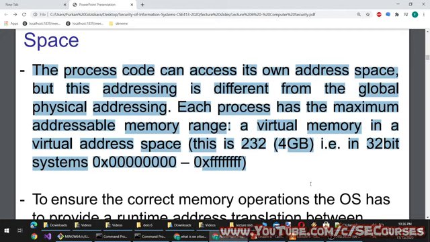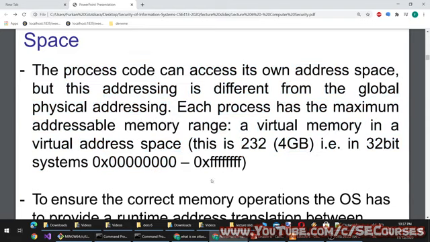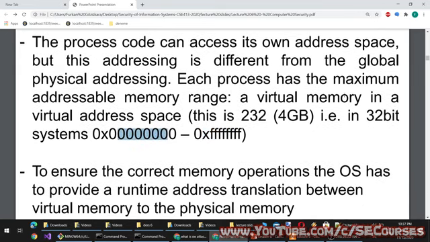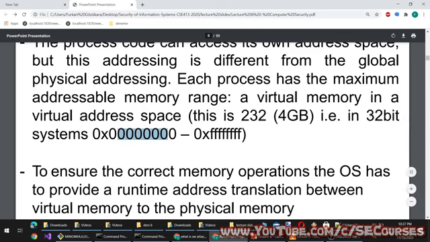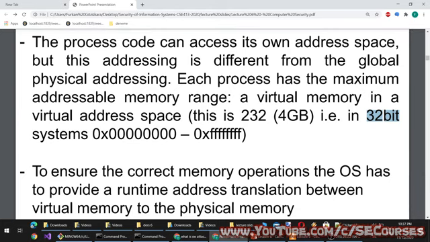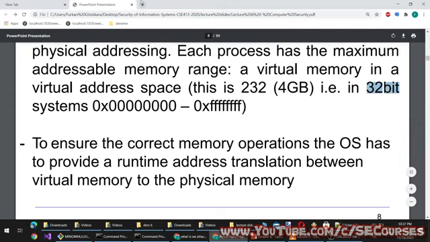This is 2^32, 4 gigabytes, i.e. in 32-bit systems hexadecimal 0x00000000 to 0xFFFFFFFF. Okay. In a 32-bit operating system, a single process can hold up to a maximum of 4 GB of data, because with 32 bits you can maximum allocate 4 GB of RAM memory. Okay. If you wonder why,